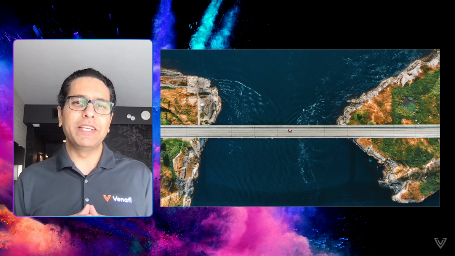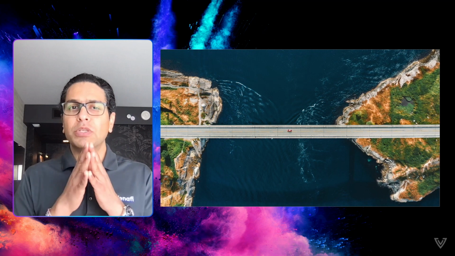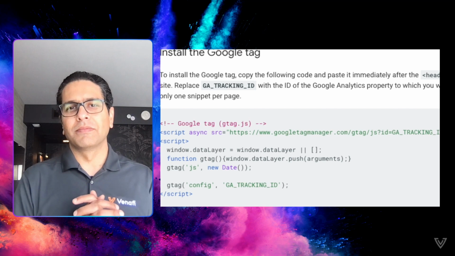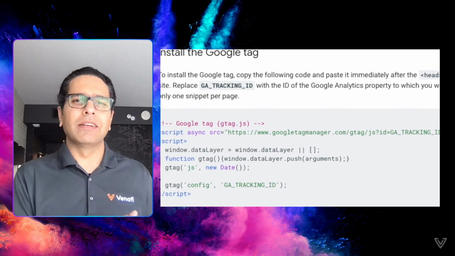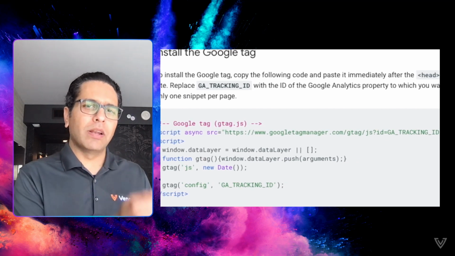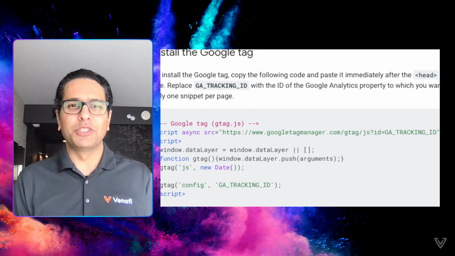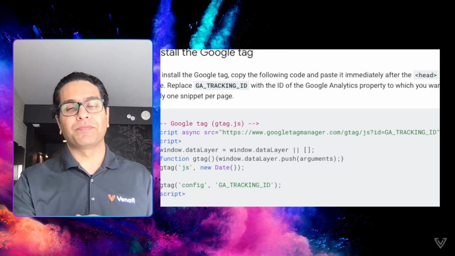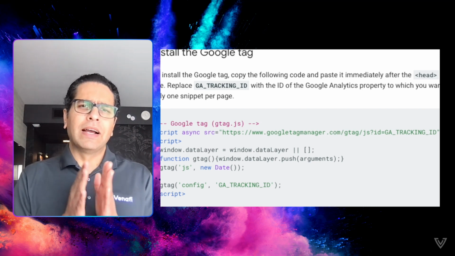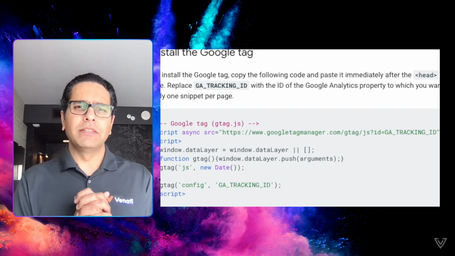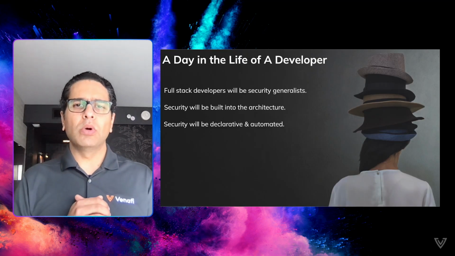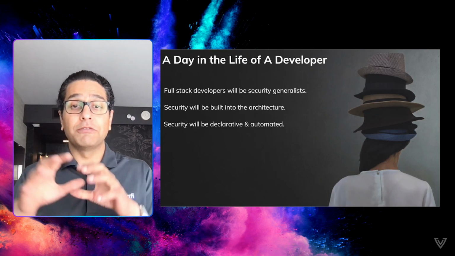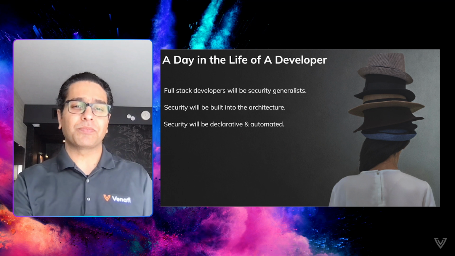And how cool would it be if bridging this gap was as easy as writing one line of code? Now think about how Google Analytics works. One line of code, and lo and behold, your website has analytics set up for observability. Now, what I'd like to do today is take you all on a short journey into the future to see what the world could look like for machine identity management.